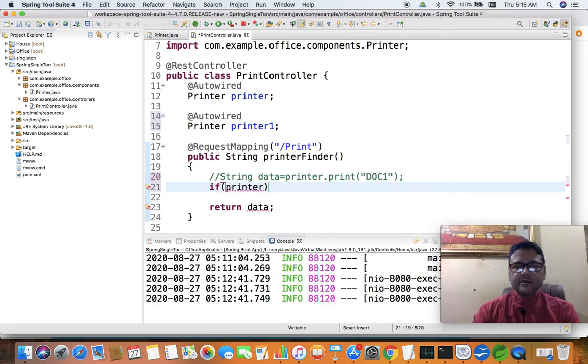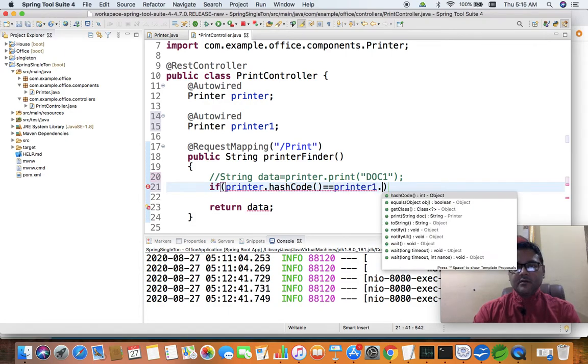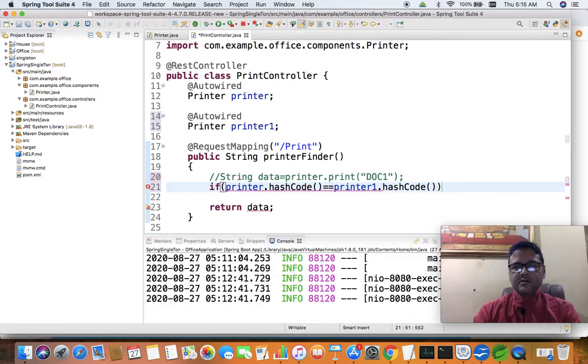We can use the hash code to compare: printer dot hashCode equals printer1 dot hashCode. If both are the same, the data is going to have a piece of text.